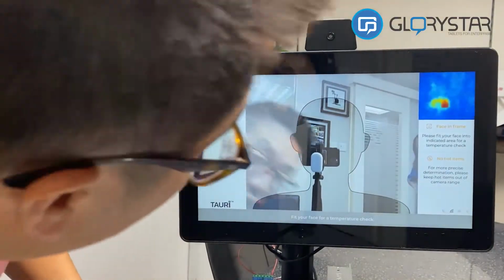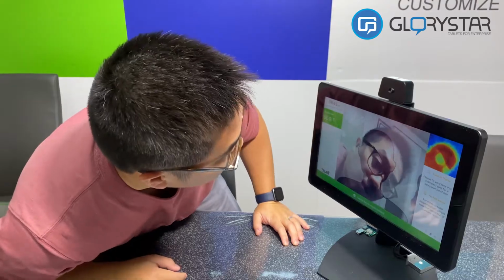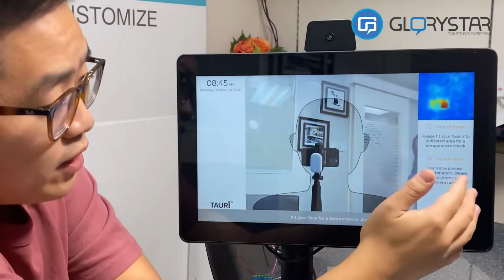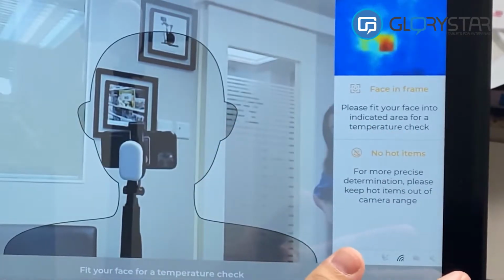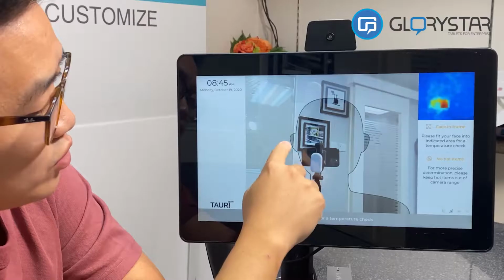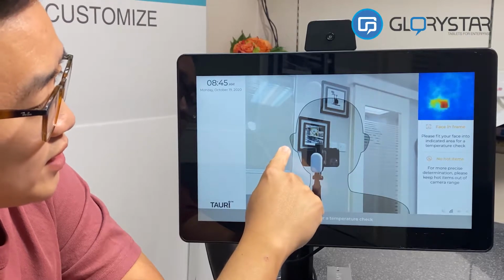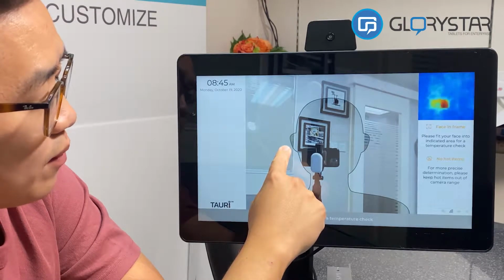What's been changed is that once the face has entered the face border, the temperature indication will start as a demo. And also on the right hand side, we have notifications and warnings telling the user what to avoid. So going into the settings, which is the same method as the previous versions,